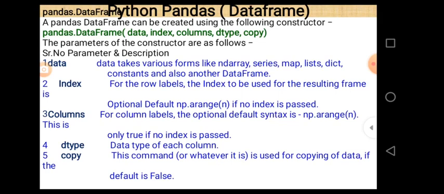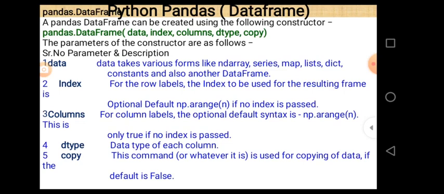After that, columns. By default the optional default is np.arange. As we know, arange is a function used in NumPy, and arange is basically used to create a one-dimensional array starting from 0 up to n minus 1. If no index is passed, for the column labels the optional default is np.arange(n).